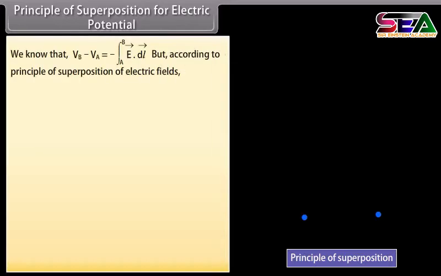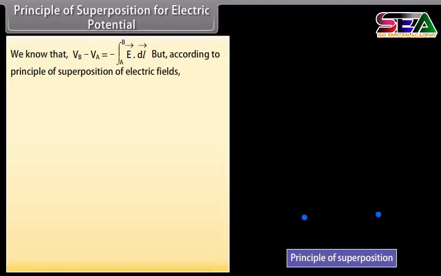Principle of superposition for electric potential. Let us consider 2 point charges plus Q1 and plus Q2. Take any 2 points A and B in the combined electrostatic field of 2 charges Q1 and Q2. Choose a curve L between A and B. We know that V_B minus V_A is equal to minus integration from A to B of E vector dot dl